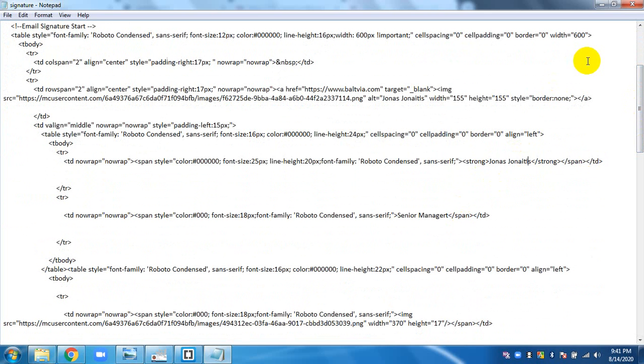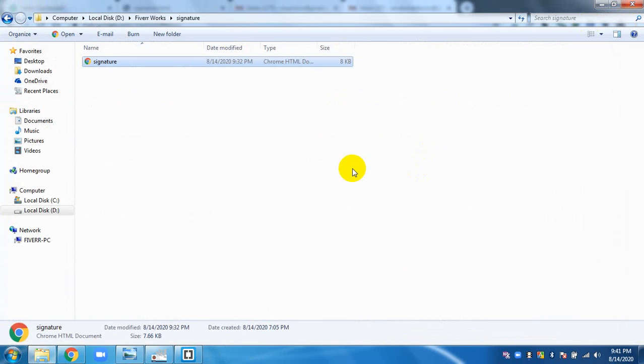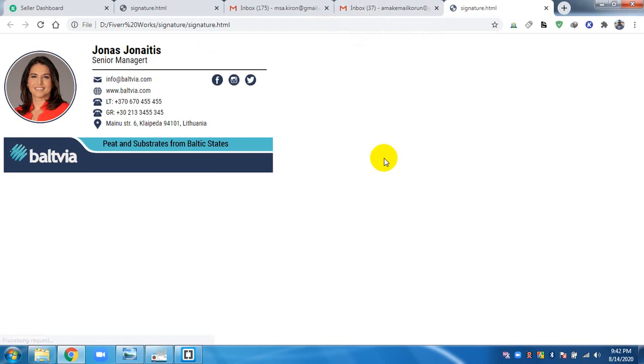So it is very difficult for a non-technical person, or someone who has little knowledge about coding. So let me show you how to edit easily. Let me open it with my Google Chrome. It is very good to open it with Google Chrome because Google Chrome supports all the fonts and all the graphics. So for Mac users, don't try to open it with Safari. Always try to use Google Chrome.